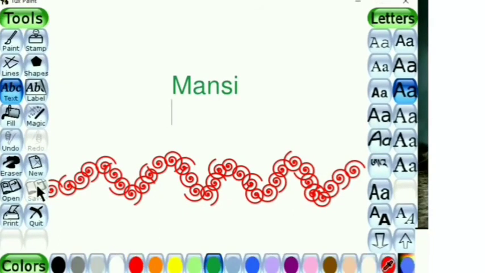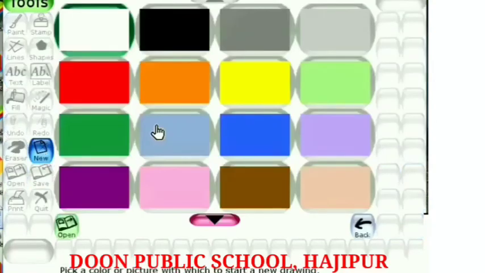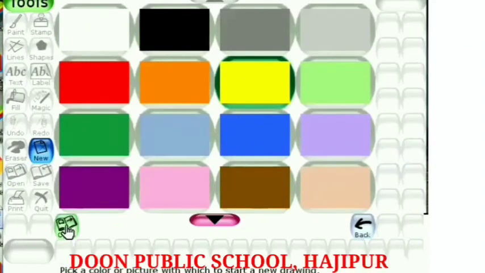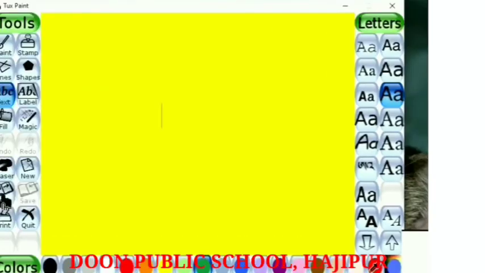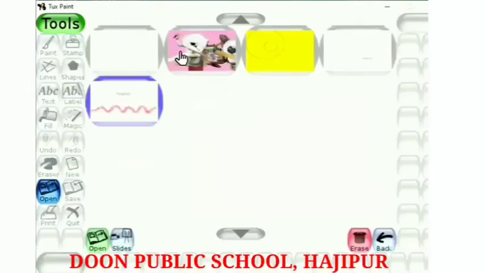Drawing is saved. Suppose I am opening a new drawing here. I am taking this yellow sheet and clicking on the open button. Okay. Now suppose I want to open my drawing which I have made. You have to simply click on the open button and here you will find your drawing. You can see this is here. Just select it and click on the open button. With this open button we can open the same drawings.